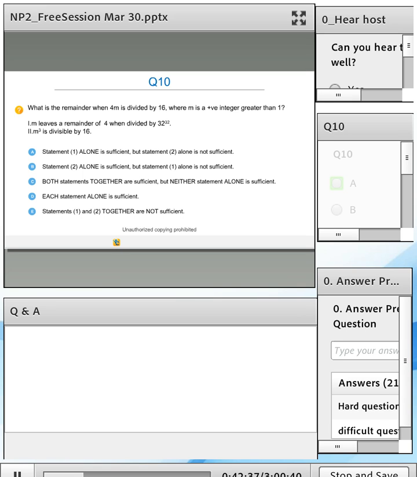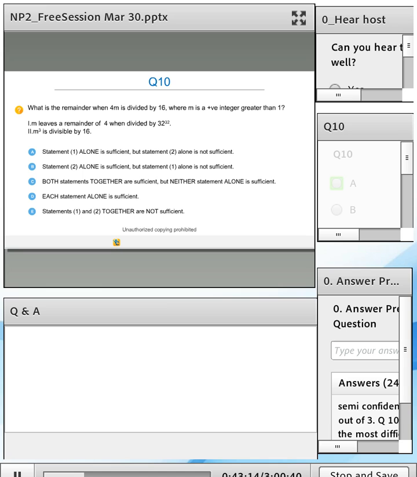Can the questions be more difficult in the GMAT? Yeah, these are 700 level questions. Can they be more difficult? Yeah, they can be. Question 10, definitely the most difficult. Okay, yes, well, if I look at your accuracy here, they are pretty much all comparable. In fact, more people were accurate for question number 10 as compared to the other two questions. So that's the deceptive nature of DS questions.